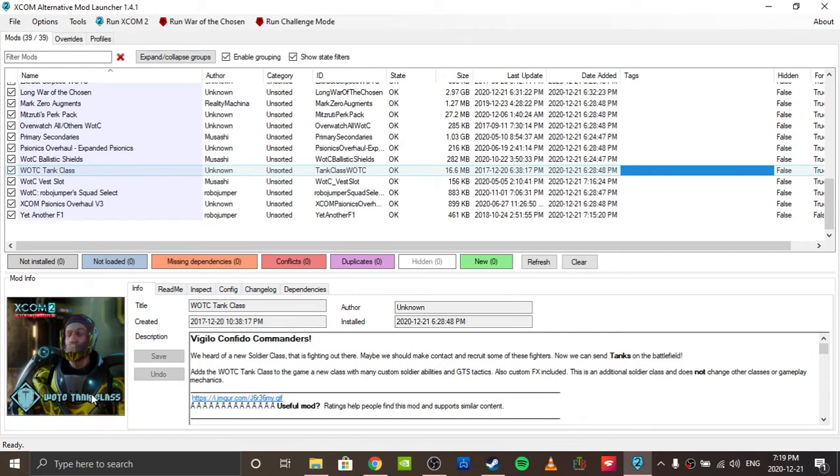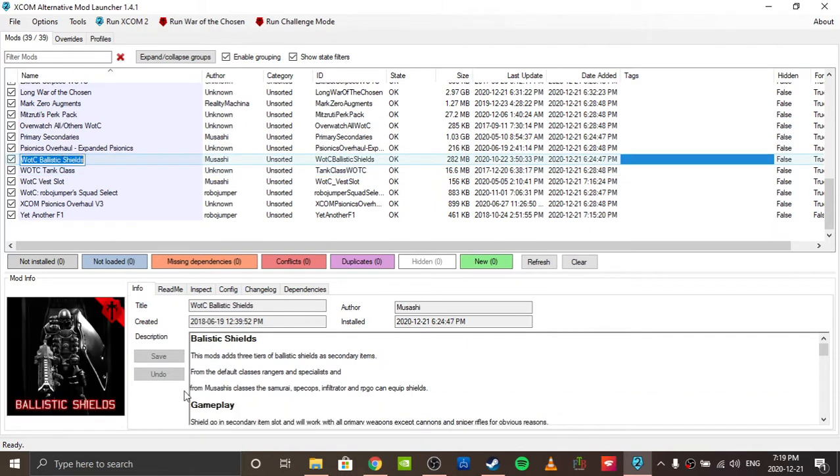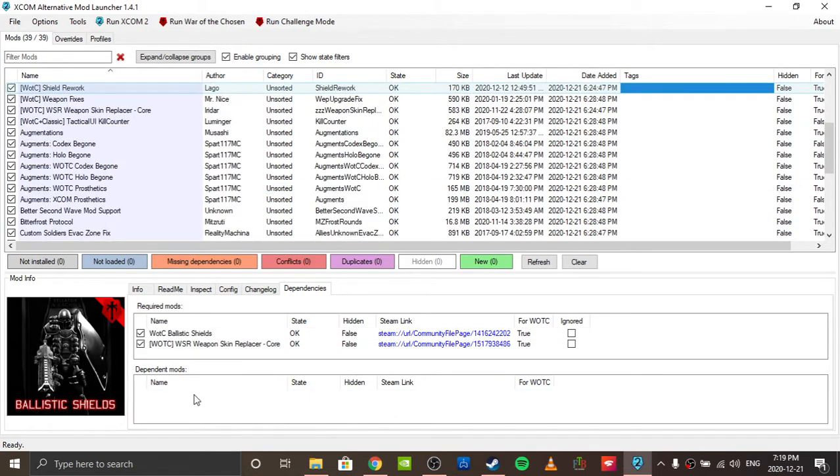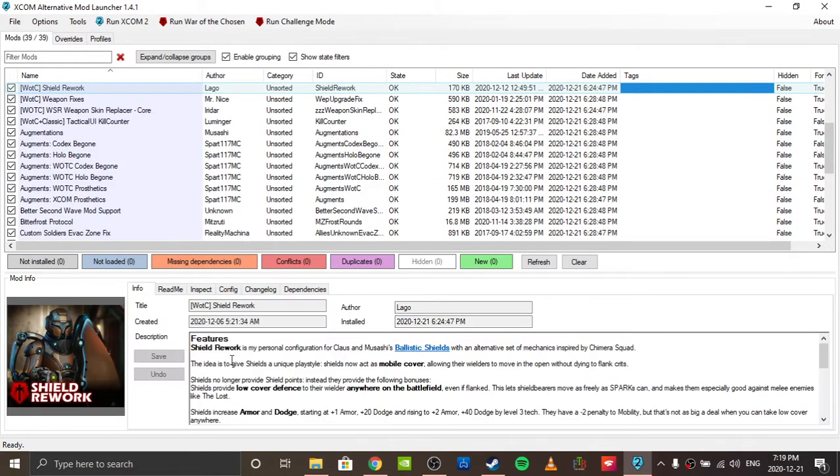I've also got the War of the Chosen tank class. This should work with Long War of the Chosen. I couldn't find a Long War of the Chosen dependent version. Of course, I also got the lovely ballistic shields, which themselves I'm using for the shield rework. Mobile cover, that sounds fair. I don't know if I'm actually going to take advantage of this, but the idea is,